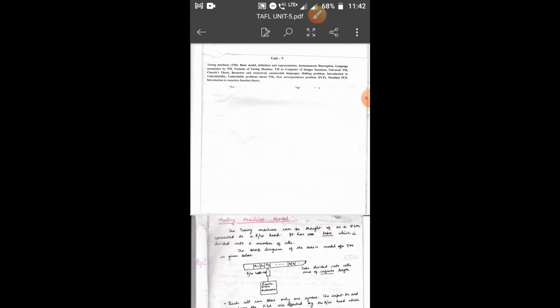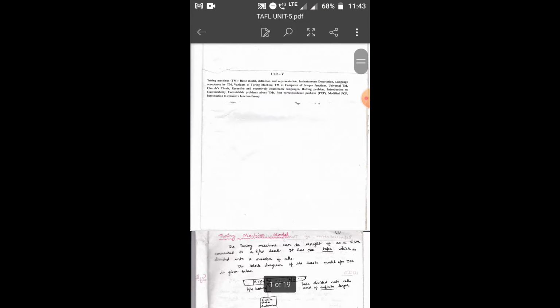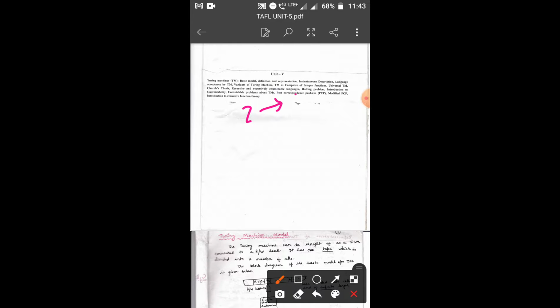The transition rule may be different in different automata, means the way of mapping may be different, or what comes after mapping may be different. Like in DFA it is a 2 into 1 mapping, because in DFA Q cross the set of input alphabet maps into capital Q.